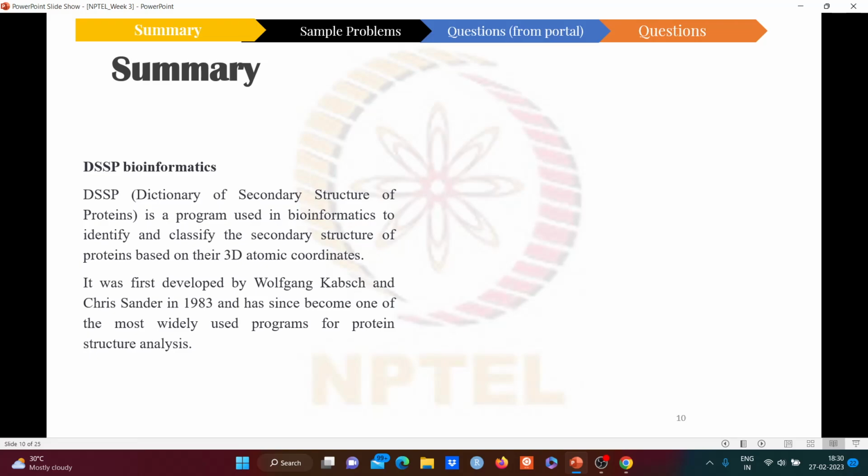The secondary structure states are classified into 8 categories, that is alpha helix, 3-turn helix, 5-turn helix, pi helix, extended strand, beta bridge, bend, and random coil. This program also assigns a hydrogen bond state to each residue, which can also be used to analyze the stability of the protein structure. Finally, the DSSP program generates an output file that contains the summary of the secondary structure,